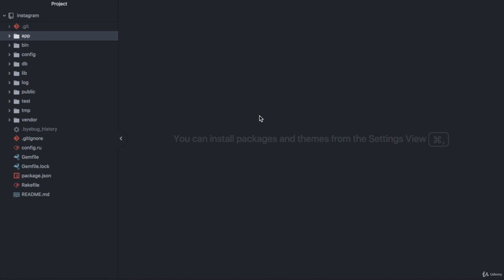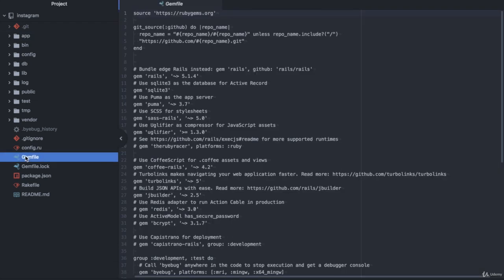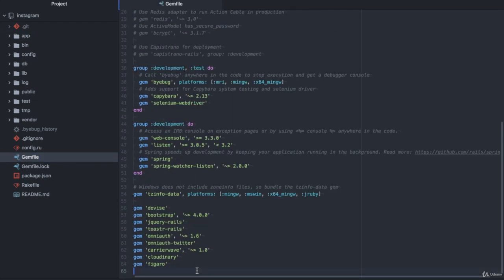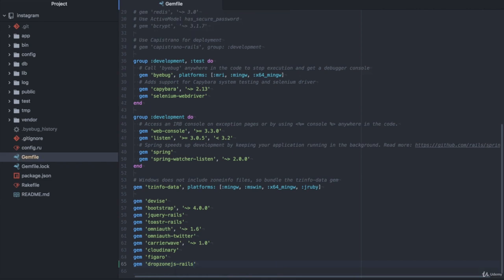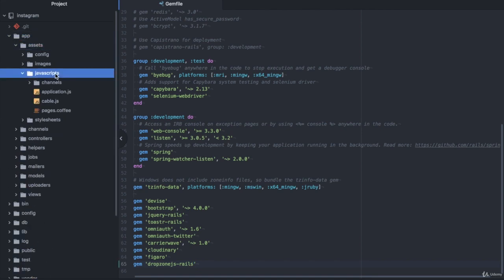Hello world, in this video we'll be styling up the view for create post. So first open Gemfile and let's add a new gem. We're gonna use the gem dropzonejs-rails and save it. Dropzone.js is an awesome file upload JS library. It looks fantastic. Okay, so next let's open assets JavaScript